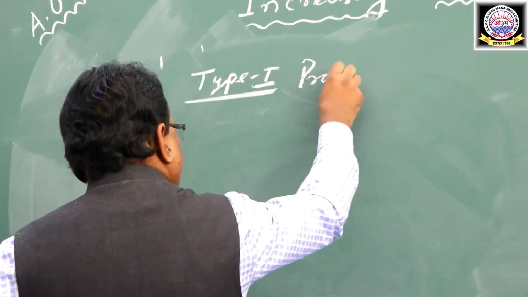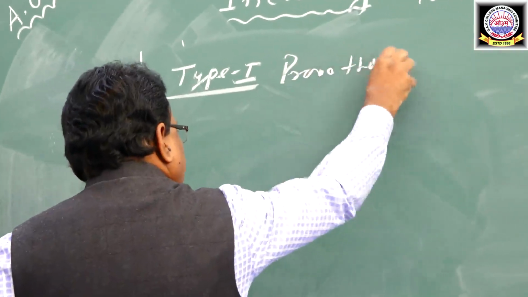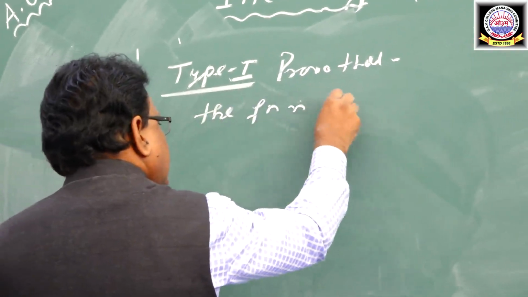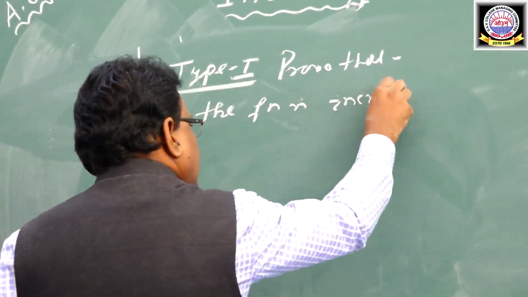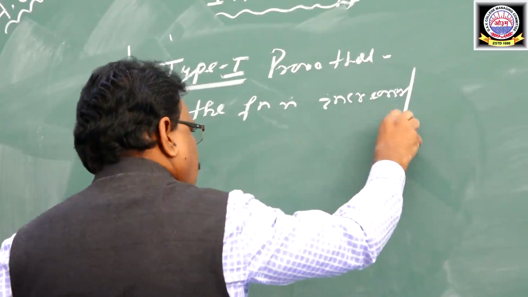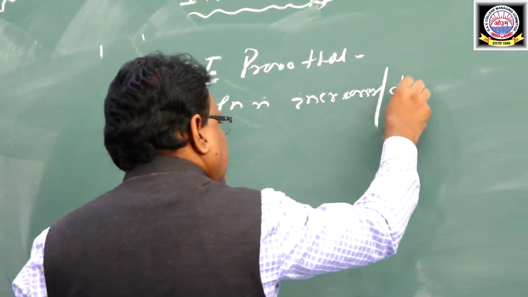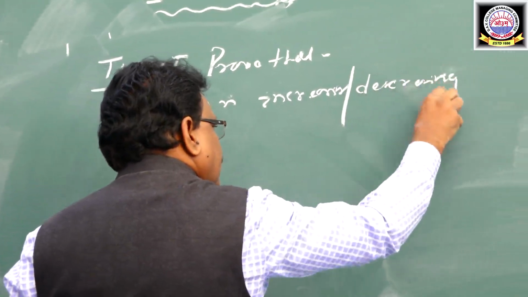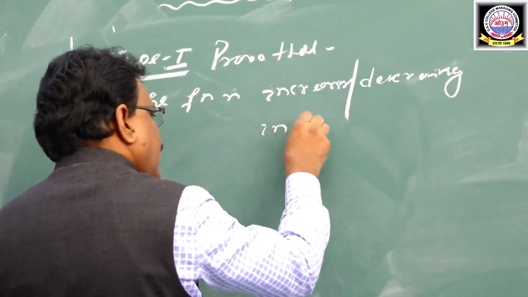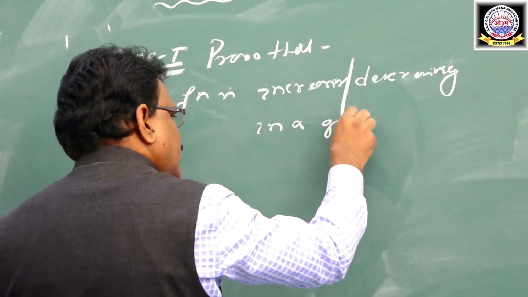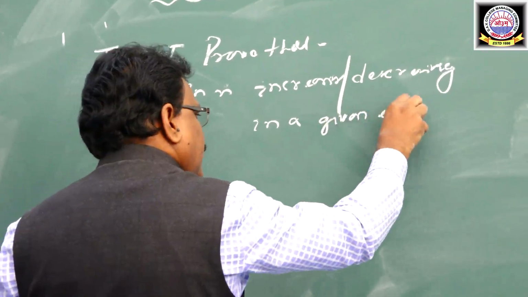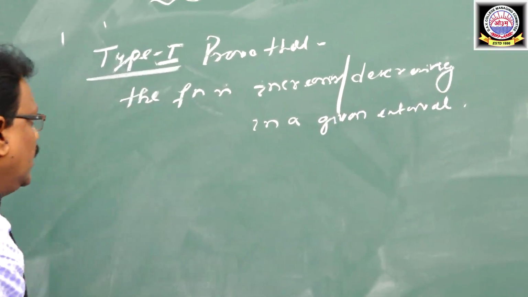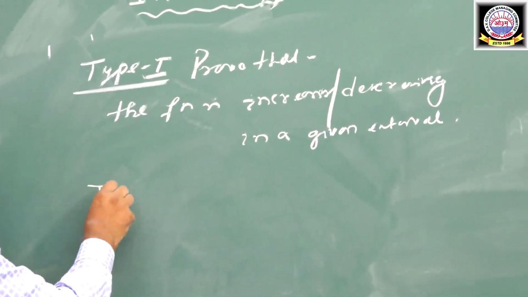Type 1: prove that the function is increasing or decreasing in a given interval. Means the interval will be given, and we have to show that the function is increasing or decreasing. Type 2: